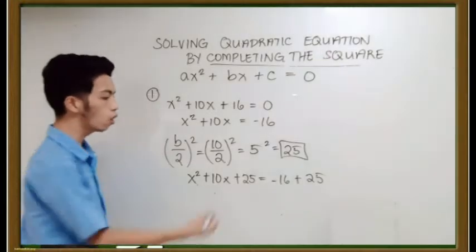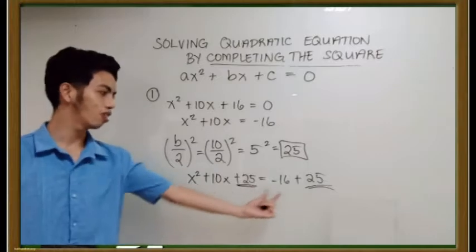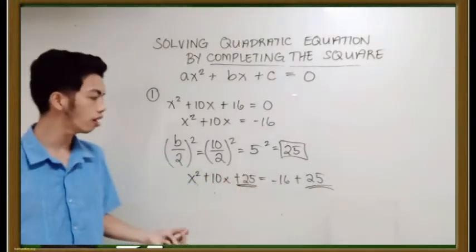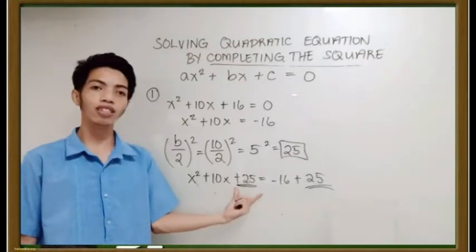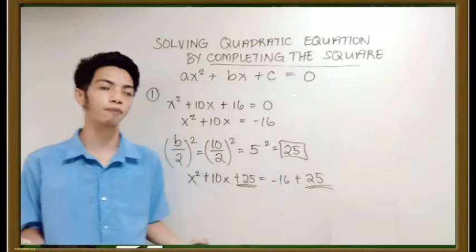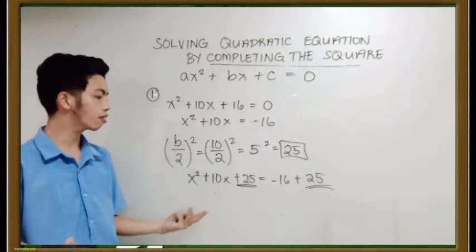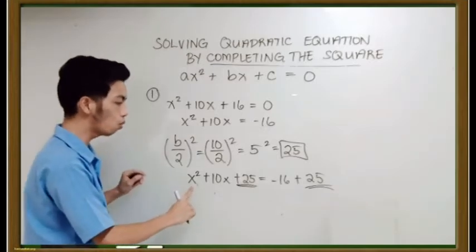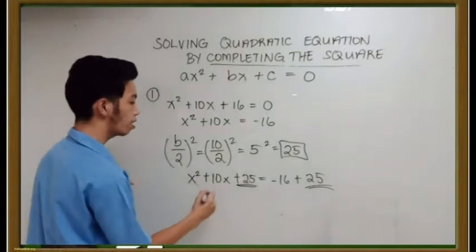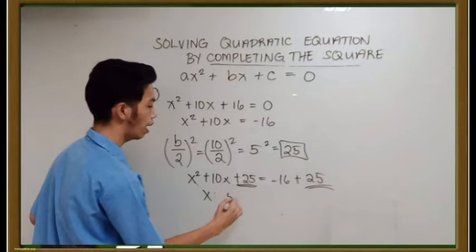In this case, we see that 25 is added to both sides of the equation. Hindi naapektuhan ang equation kasi kung nag-add tayo sa left side, nag-add din naman tayo sa right side. So, walang effect na mangyayari dun sa ating equation. Next, since we know that the square root of x squared is x, and the square root of 25 is 5,